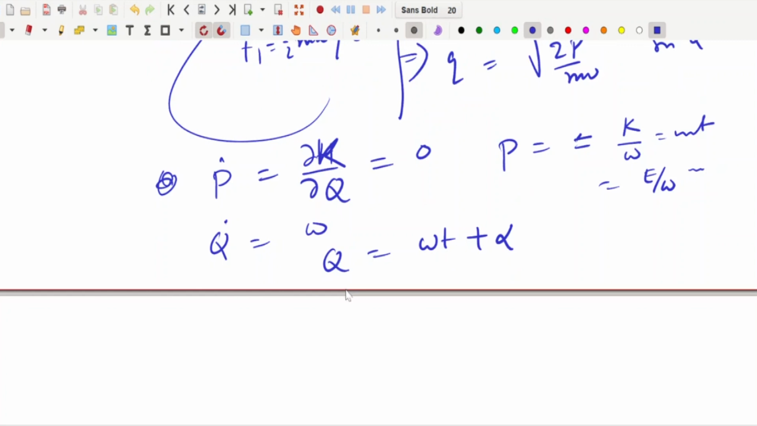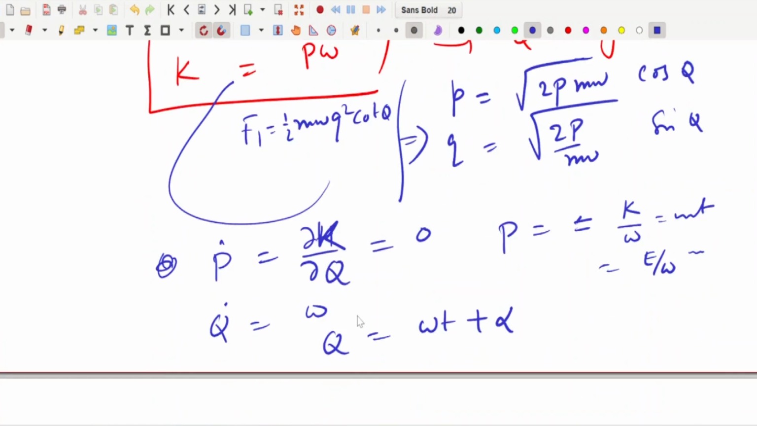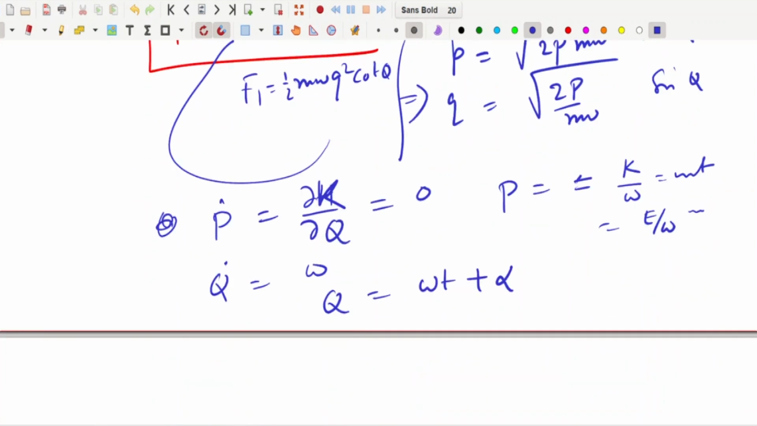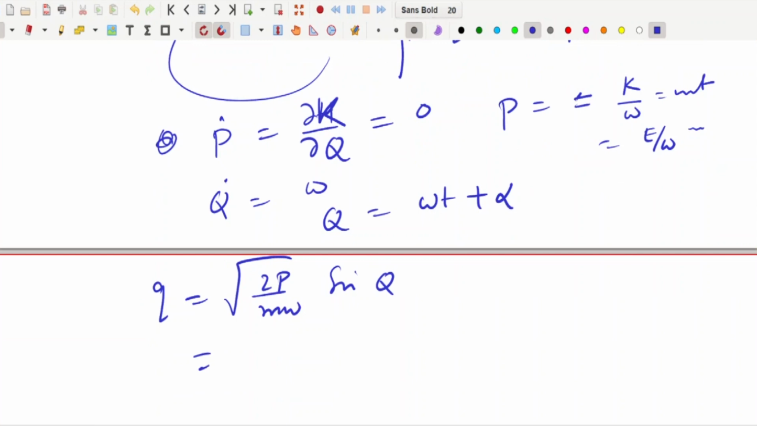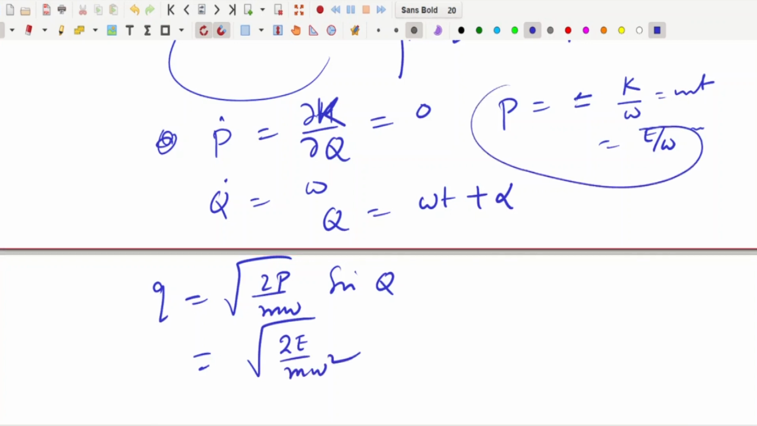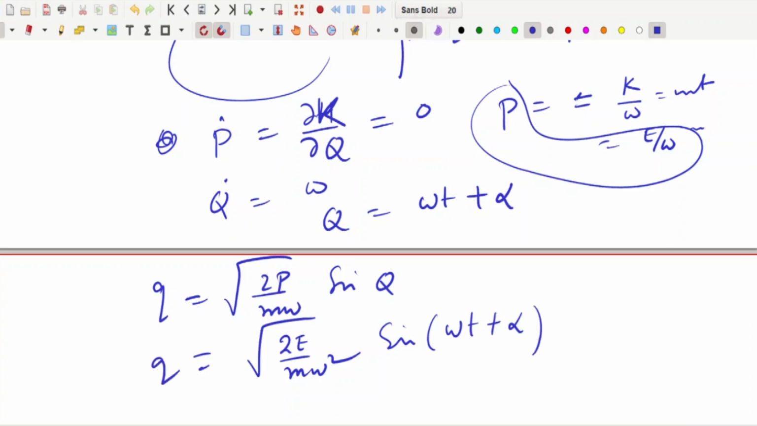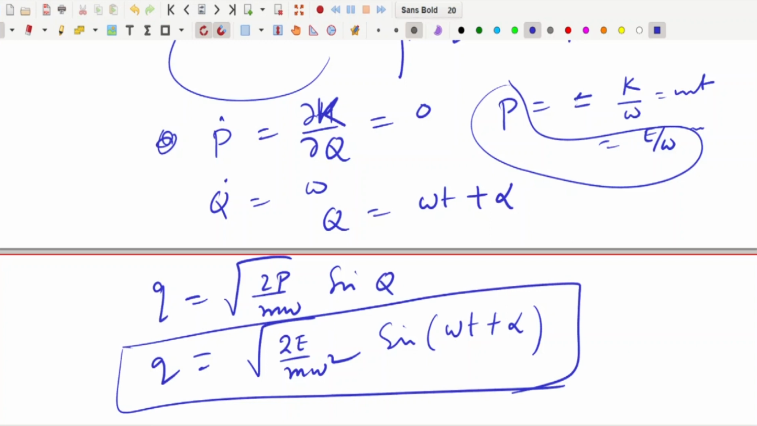Now we have to invert back to our original coordinates. For example, q we have to find. Our original variable was q equal to square root of 2P by m omega sin Q. Now P is E by omega, so q is the square root of 2E by m omega square, as I substitute P by this relation, times sin Q, where Q is omega t plus alpha. So this is your solution, and that is our known solution